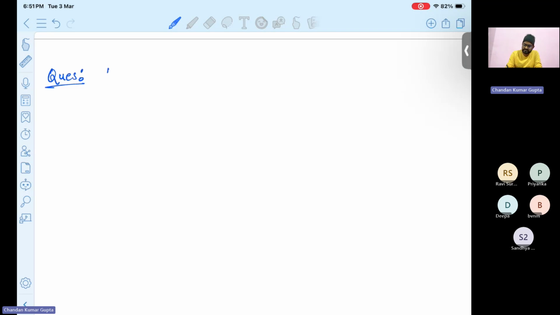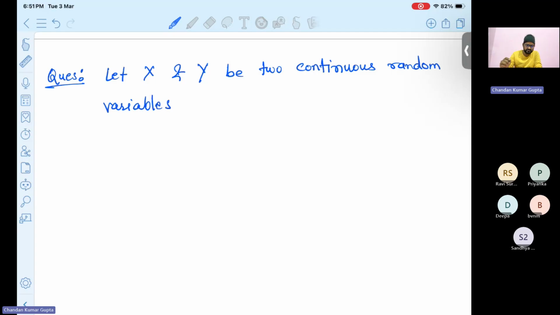Now we have a question: let x and y be two continuous random variables with the joint PDF. Now it's PDF because it is a continuous random variable. The joint PDF is given like this: